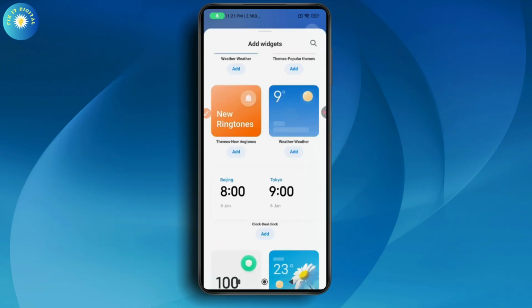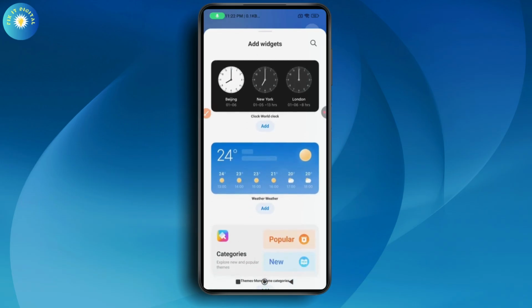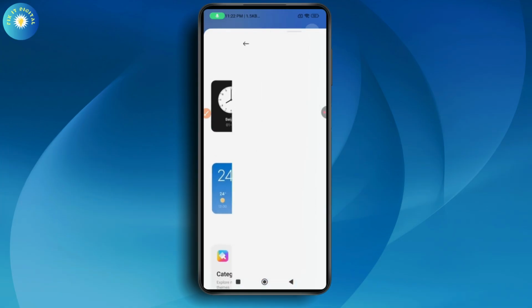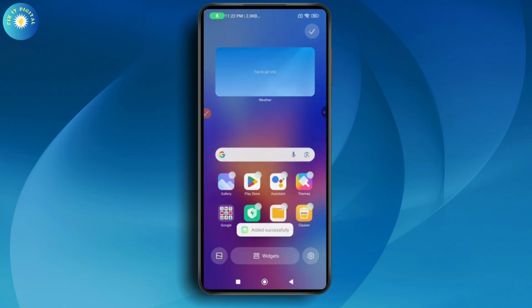And if you want to go with weather, then you will have some weather widgets. You can just simply go and select any weather widget, like for example this one, and go with add, which is on the bottom, and it will be added. That's it. You can tap to get some